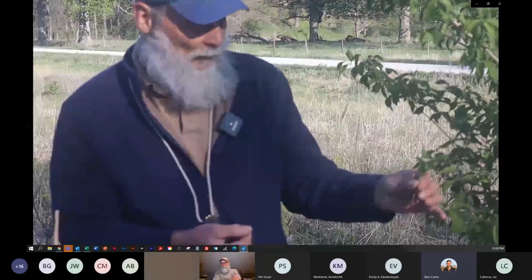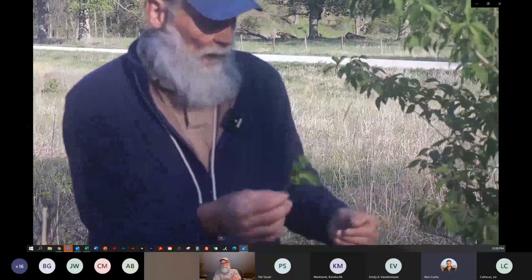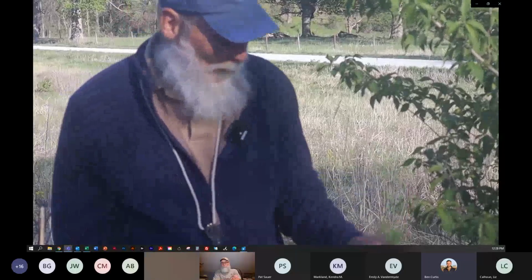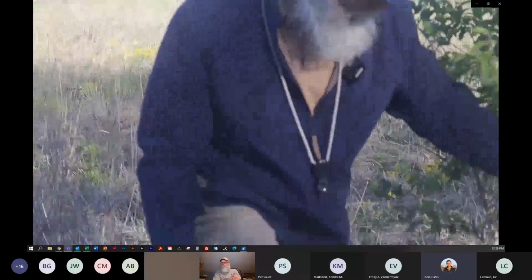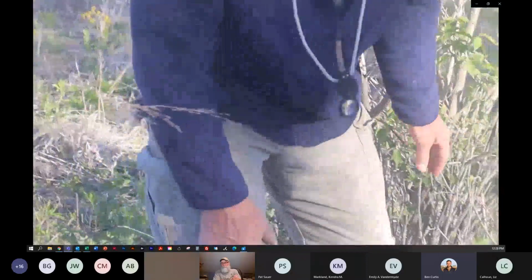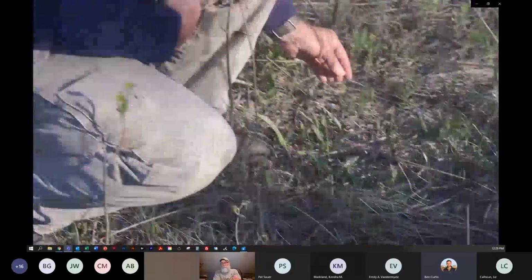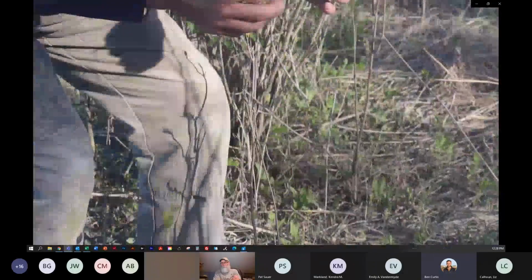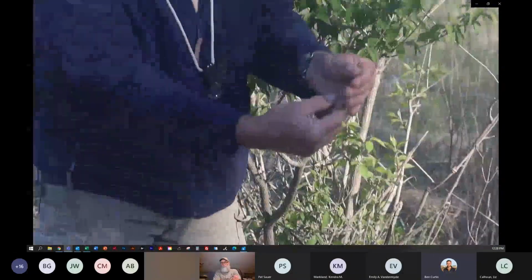They make some tools that can be used to dig the taproots out. But certainly one, again, that needs to be controlled. And then we have a really small little plant over here I wanted to point out to you. I'll pluck one or two here up so we can maybe see a little bit better example of it here.